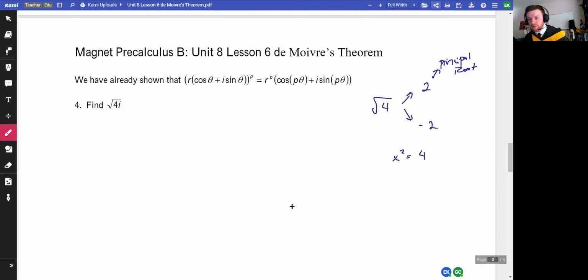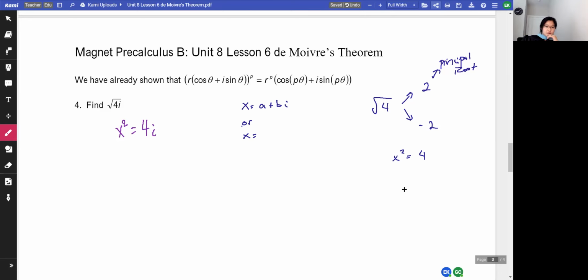We're going to use de Moivre's theorem. We're going to try to find the roots of 4i. Are you writing or am I writing? I just wrote that. Cool. Now we can find x, but x is a number. x is a plus bi. Or what's another way to write x if it's just a number? One way to write x is a plus bi. What is the alternate way to write a number apart from rectangular form? Oh, r cis theta. Yeah.